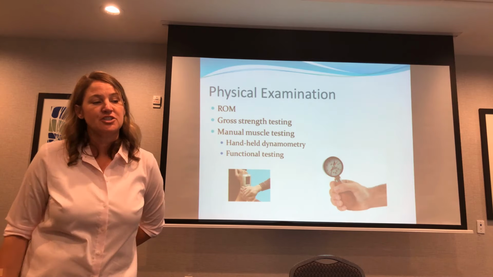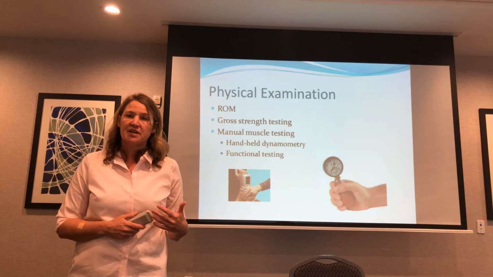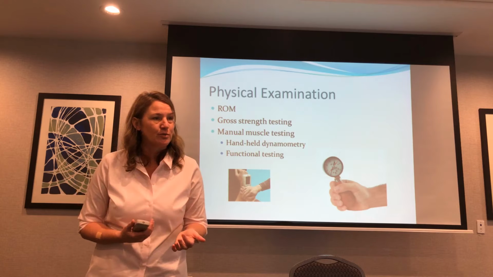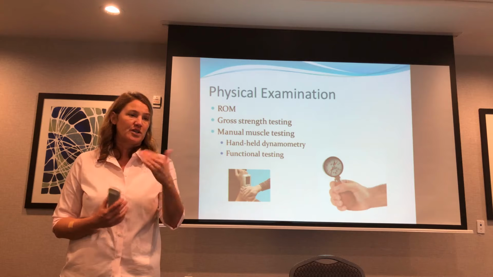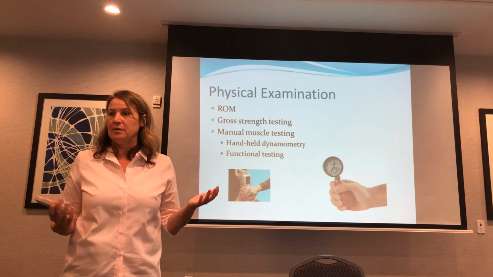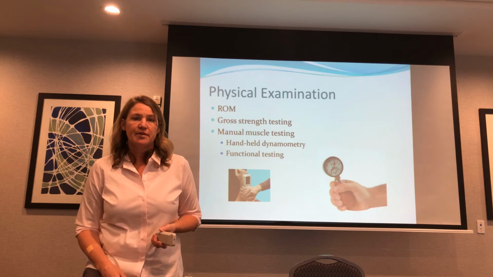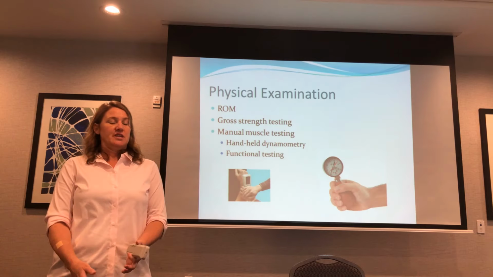From a physical examination, you want to check their range of motion. Ankle, check your ankle both flexed and extended. A lot of times people will only check it if they're sitting in a wheelchair. When you encounter them, they may only check it in the chair sitting, but you also want to check it while their leg is extended, which is how they would be when they stand up. So you may have some people who are at 90 sitting in their wheelchair, but then you stand them up and all of a sudden they're minus 10 degrees, which is how they're going to be when they're standing up.